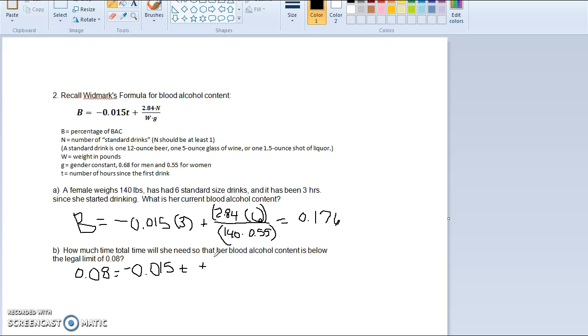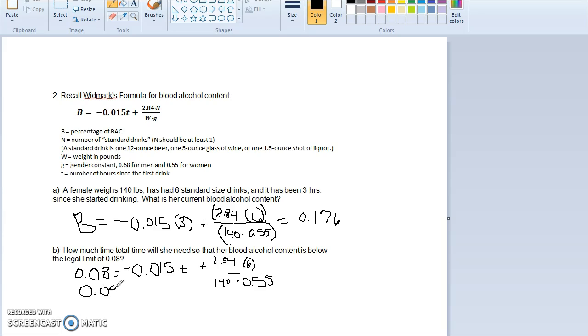And then over here we have all the same numbers. The 2.84 is a constant in the equation. She still had 6 drinks. She still weighs 140 pounds. And we still are going to use the gender coefficient, or constant, for her being a female. And if we calculate that all out,